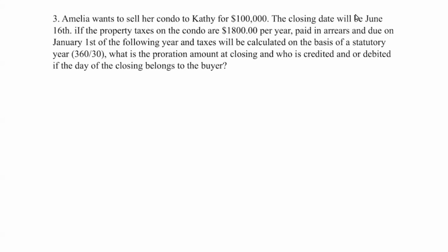So Amelia wants to sell her condo to Kathy for $100,000. The closing date will be June 16th. If the property taxes...